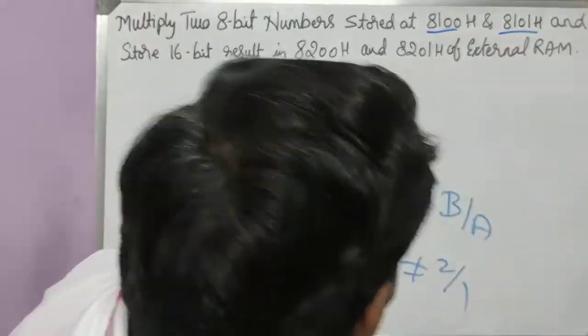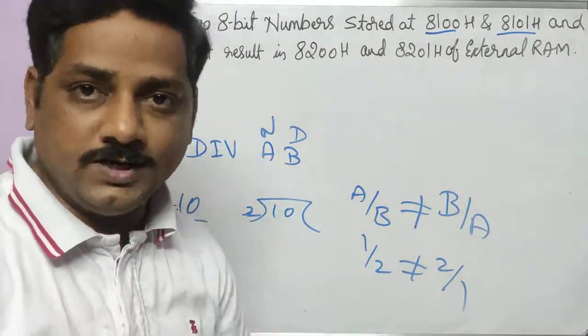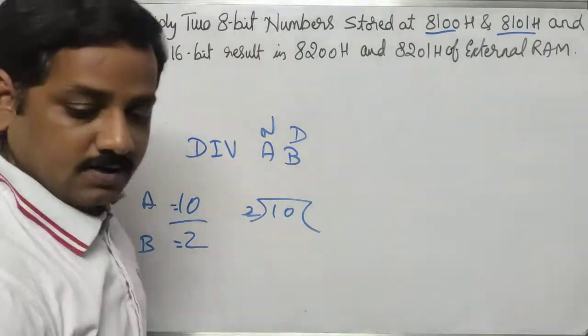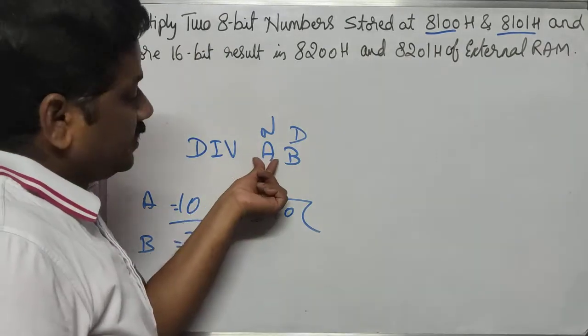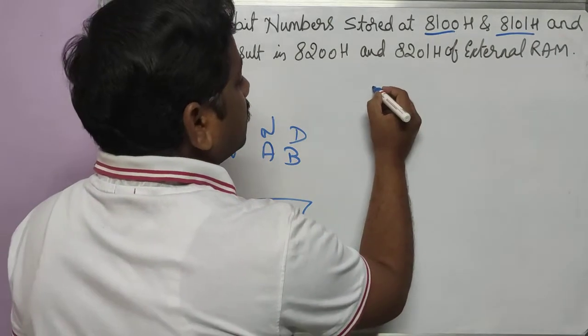So the denominator has to be given into B, and the numerator has to be there in A only. So this is about the data. After giving the data, say I want to divide like this, which means I should put A as 10 and B as 2. So let's write that program now.